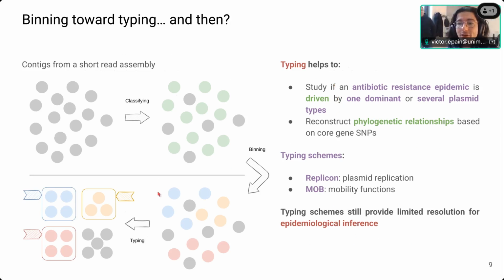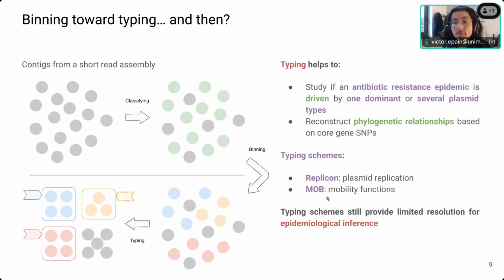So what is the definition of a label? It's a type, what we call a typing scheme. A typing scheme can be based on a replicon, so it's a backbone loci for plasmid replication, and you have the mob typing schemes, which is a backbone loci for plasmid mobility functions.